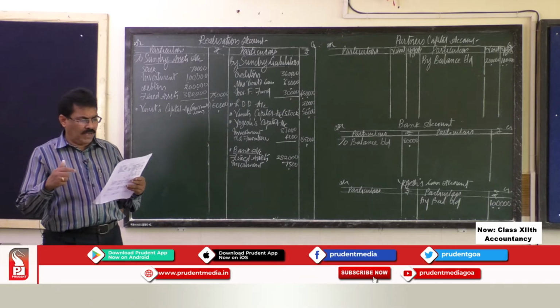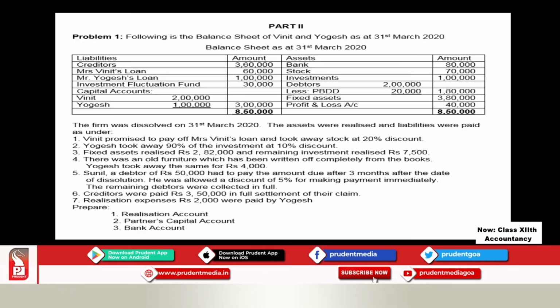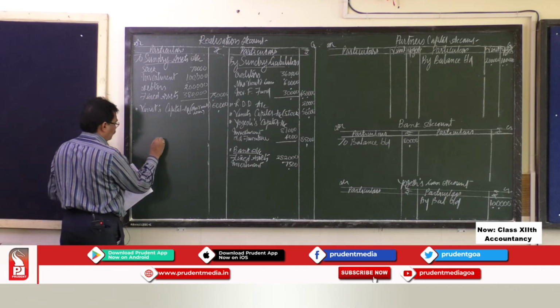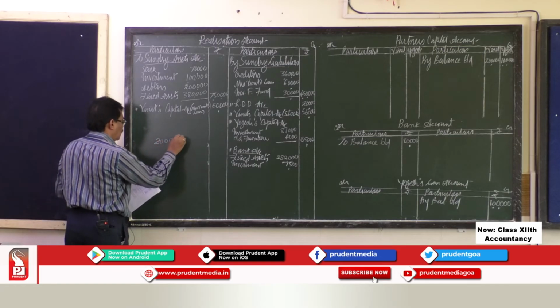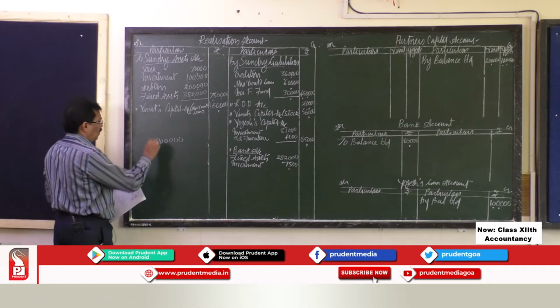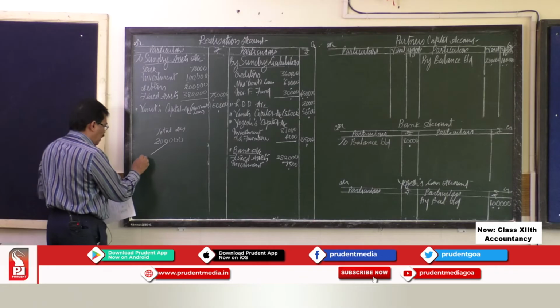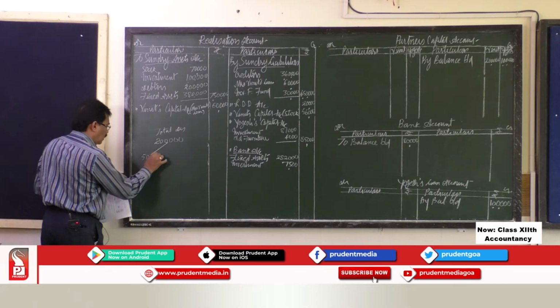To pay the amount due after 3 months after the date of dissolution, but he was allowed a discount of 5% for making payment immediately. Now your total debtors is 2 lakh. This is the total debtors. Out of this, there was one class of debtors